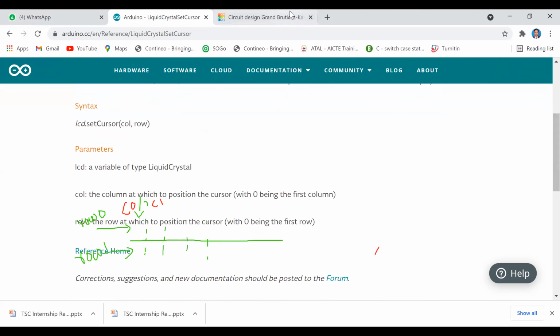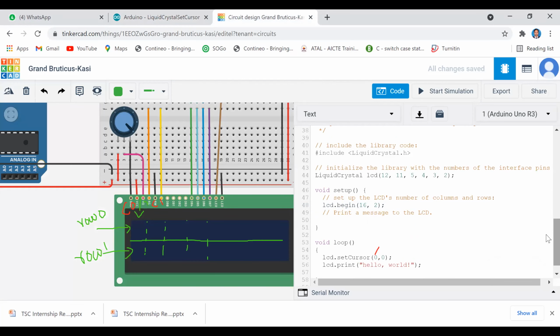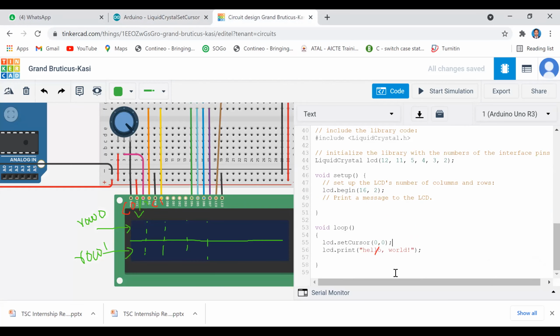So LCD dot set cursor column comma row. This is the simple inbuilt function for LCD. Here I have just initialized that is 0th column, 0th row.